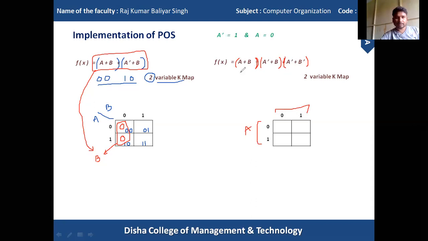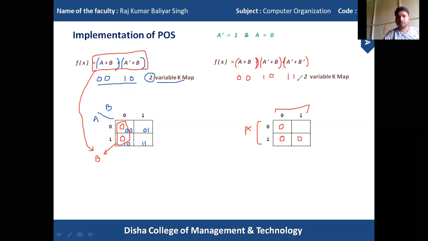Again, just apply that 0 1 rule for this Boolean function. So A is replaced with 0, because of the rule of POS, and B is also replaced with 0. Then this is replaced with 1, then B is replaced with 0, then this is the complement variable, so both are replaced with 1 1. After that we have to find the matched cells of this equation. So 0 0, this cell is matched, so we put 0 here. This place is 1 0, so we put a 0 here. And this is one more, you have to put 0 here. This cell is matched with this equation.